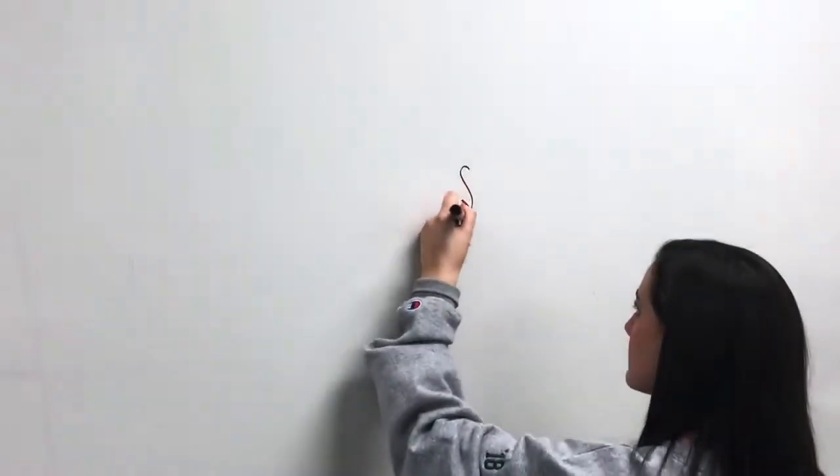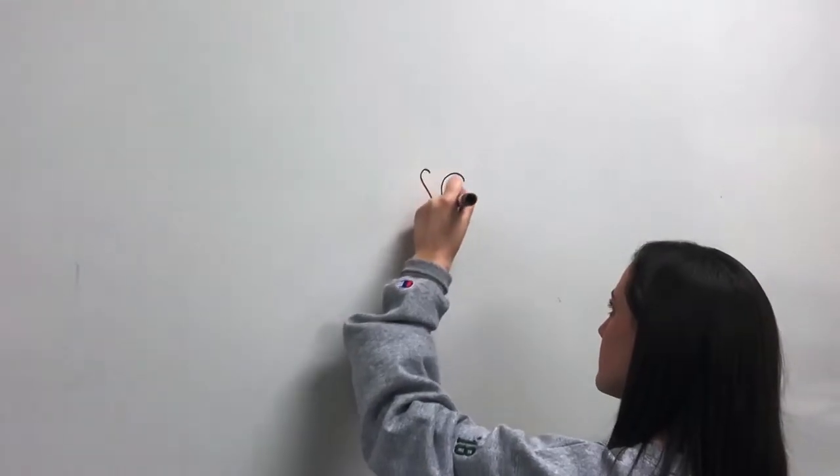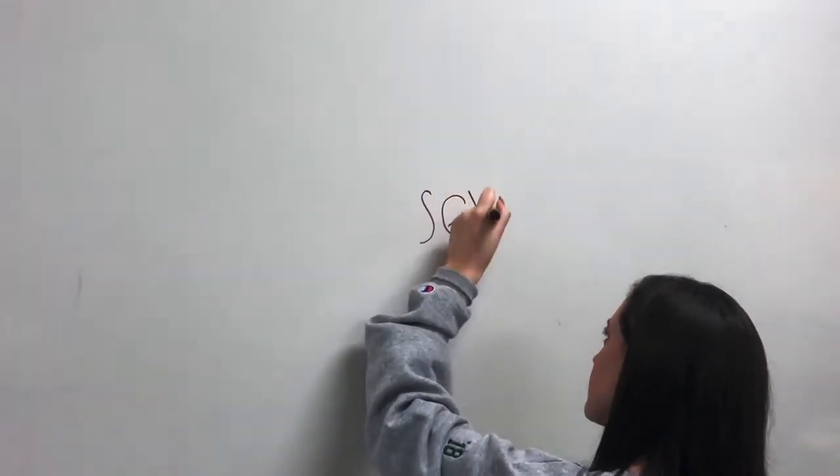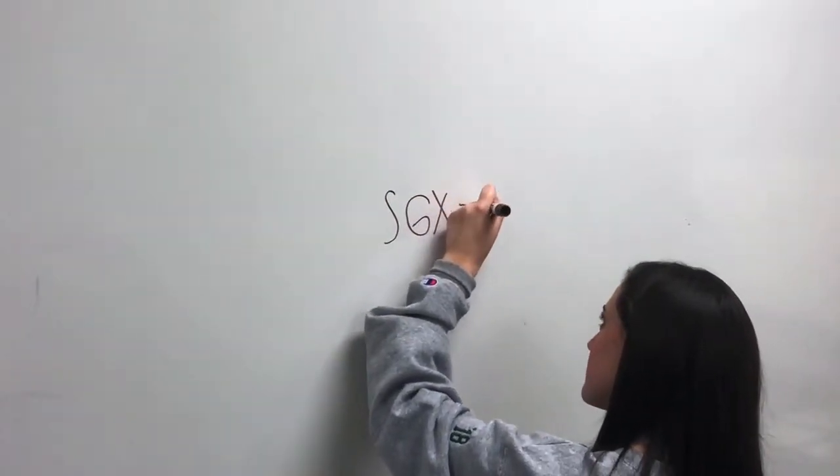It is important to recognize when you are being asked to take the antiderivative. This is the symbol for antidifferentiation. If you see the symbol next to an equation and then dx, you are being asked to find the indefinite integral. Now we're going to find the antiderivative of 6x minus 4,